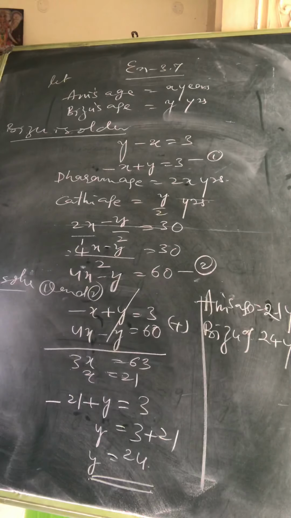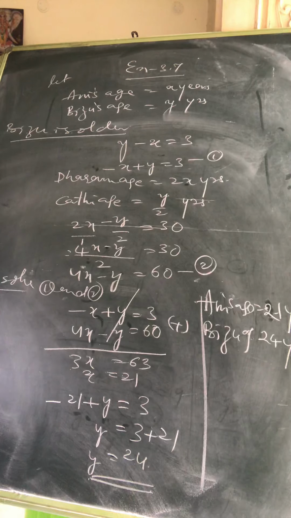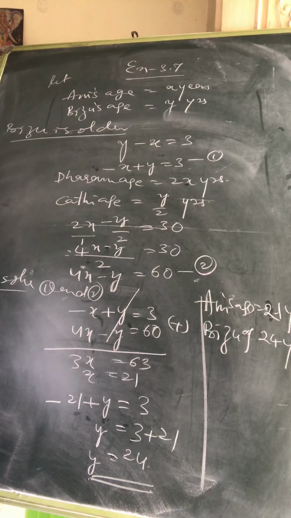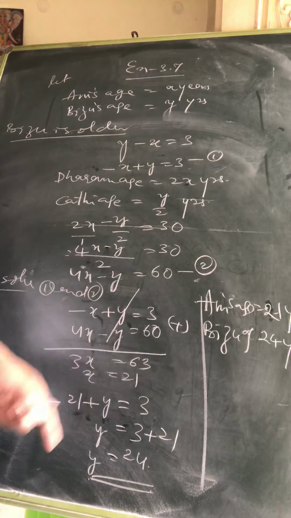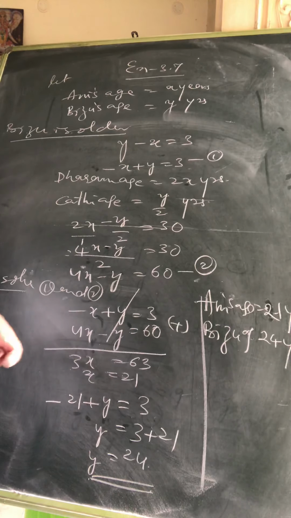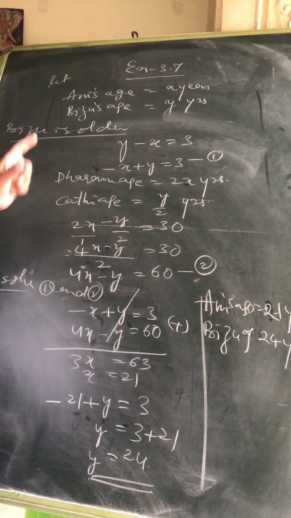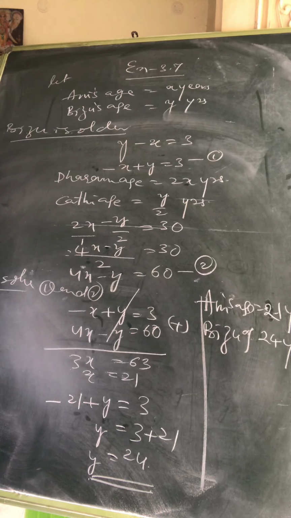That means this type of problem will have two answers. Two types of calculation will be there. In the examination also we have to solve both types. Therefore, this type of question will have two answers. One is 18 and 19 and 16, and the other one is 21 and 24.